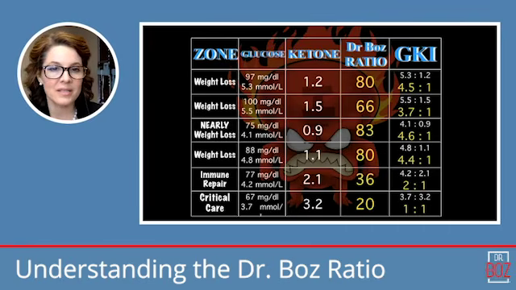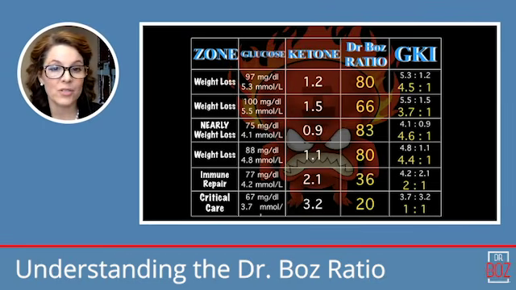Let's just do a couple more. This one down here was a glucose of 75, so her millimolar number would be 4.1, and the ketones in this case were 0.9. So you have to take that 0.9 and increase it to a 1. That would make her glucose to ketone ratio 4.6 to 1. So again, it's a lot of math, and it's not. I have kind of an engineering brain. It's not hard for me, but I'm not the one that's sick and that needs to know it.